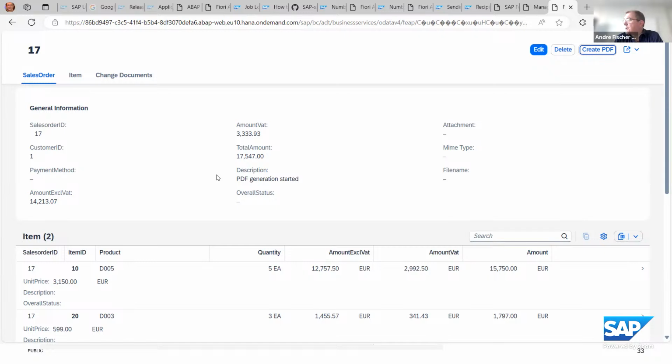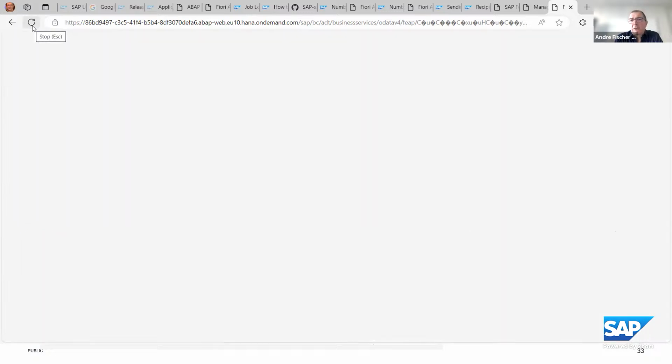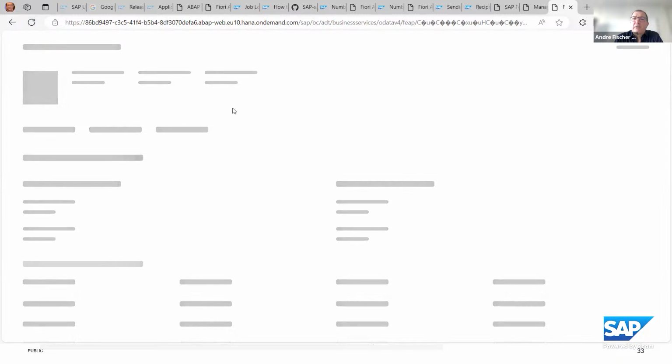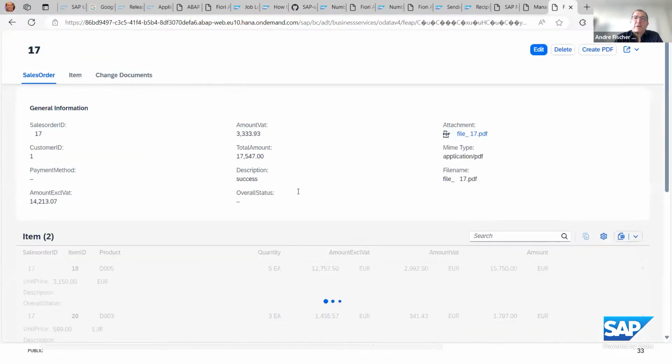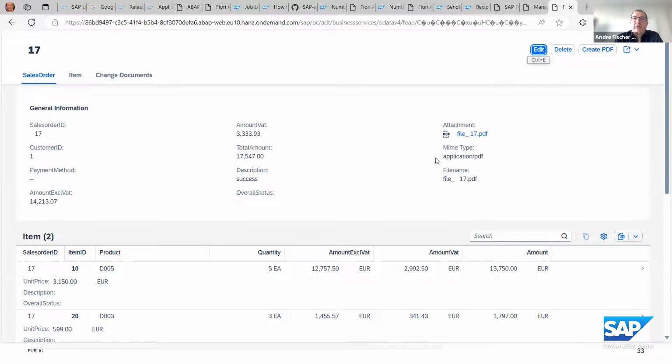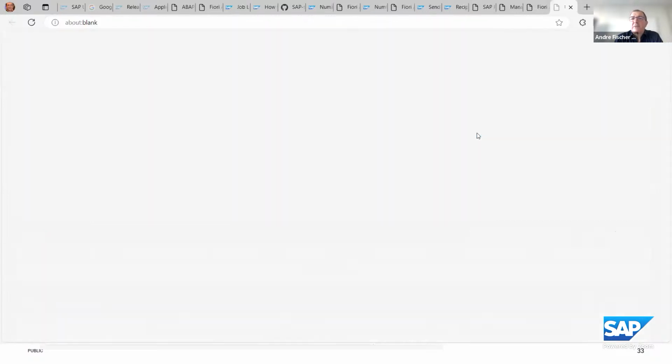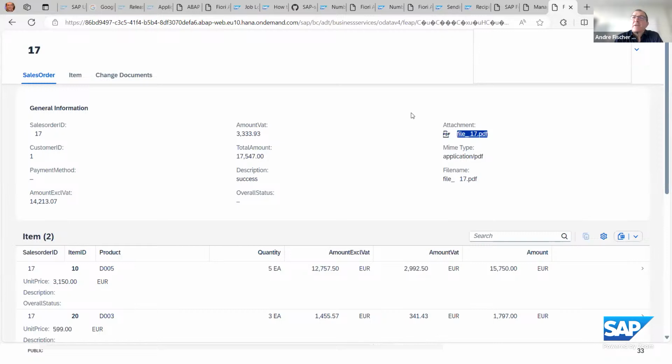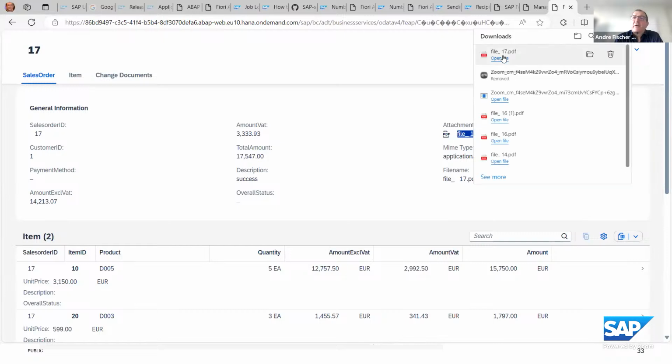This now uses technically bgPF in the background, the background processing framework, and it takes a few seconds in order to generate this PDF. And we see now that this PDF has been generated, and I have used the standard option to incorporate